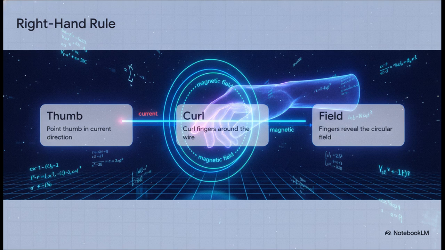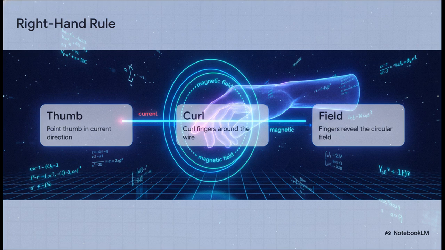Now, to actually map out these invisible vectors yourself, you just need your own hand. Literally. Try the curled straight right hand rule right now. It's a crucial trick to intuitively orient yourself in 3D magnetic space. Just hold up your right hand and point your thumb along an imaginary wire in the exact direction the current is flowing. Then, naturally curl your fingers inward. The way your fingers wrap around that imaginary wire maps the exact concentric circular path of the magnetic field lines. It's kind of crazy that we have this remarkably simple biological tool built into us to decode such complex